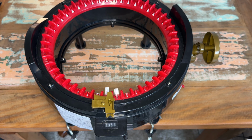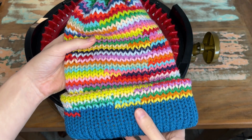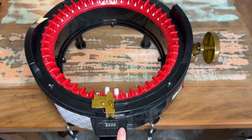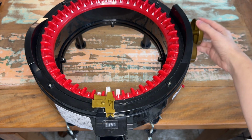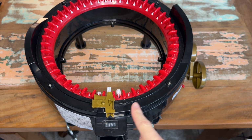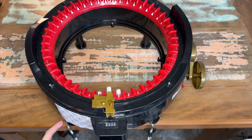So this is the Addi Express King size, and it comes with 46 needles. You can make hats, scarves, and a lot of other fun crafting projects as well. The parts of the machine include the row counter, the needles, the crank, and the knob that switches between circular knitting and plain knitting. Also, you can see the table clamps or feet that attach the Addi to the table, and the installation for